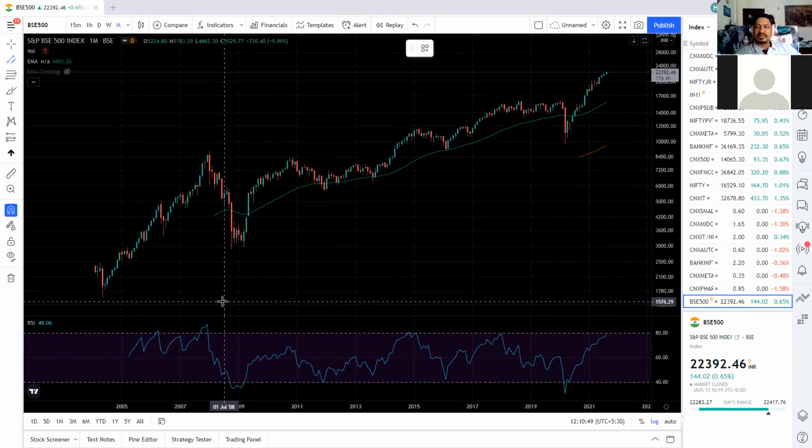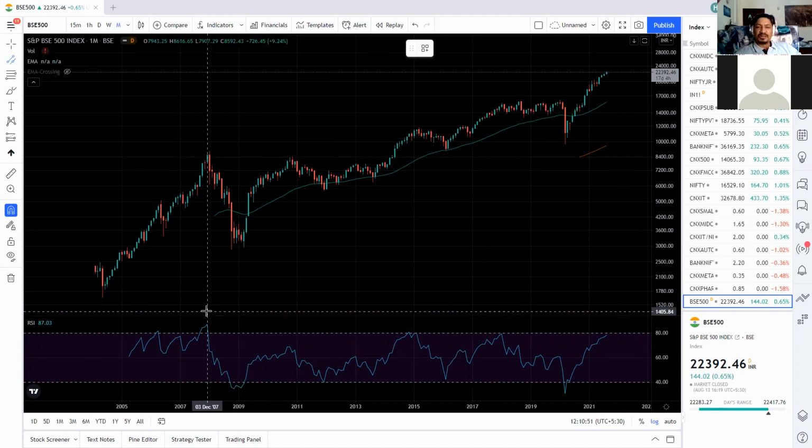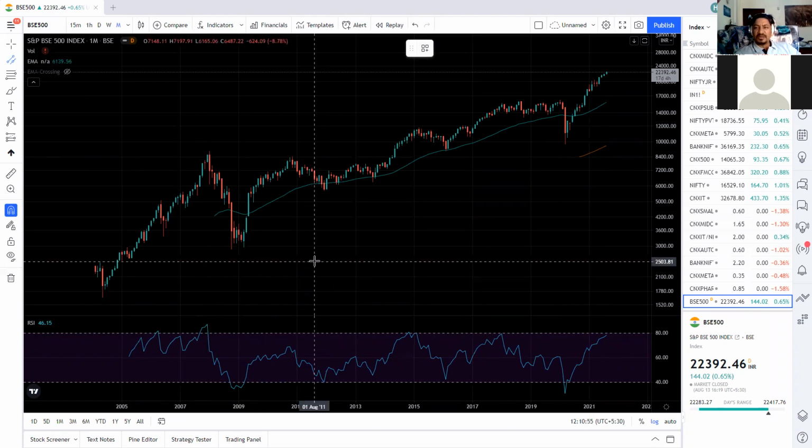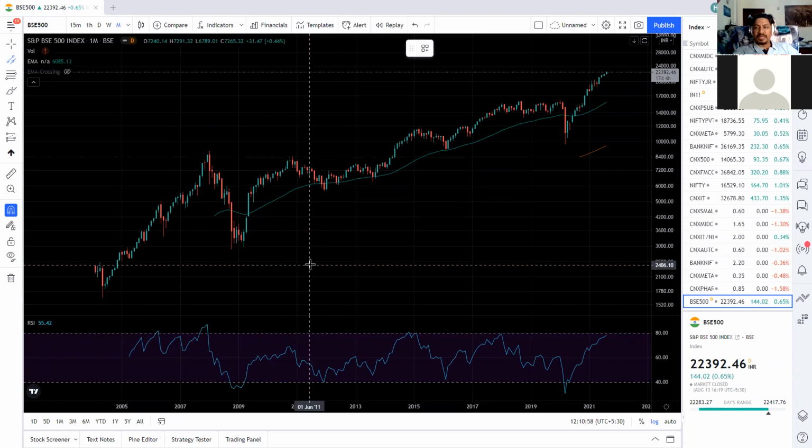In a sideways trend, we have to focus on whether this is a reversal or not. If there is some sideways trend, there also we can determine which is the area which is bullish. In the same way, this is an uptrend, but in the uptrend, whether this is a reversal or the uptrend will continue, that's what our focus will be.